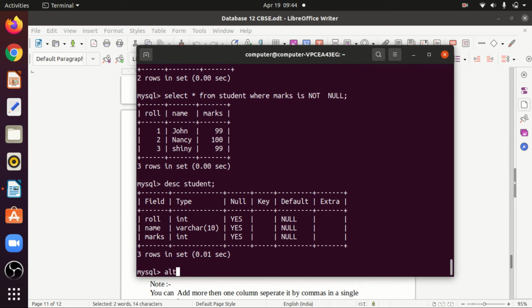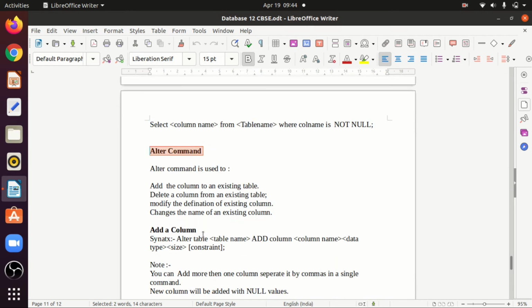So you see the syntax. There are several options: you can add a particular column, delete a column, modify a column, or change the name of an existing column. These are the options available in the alter command.